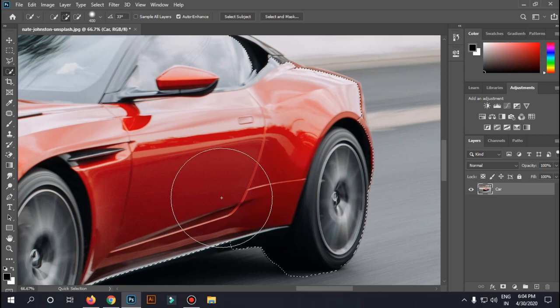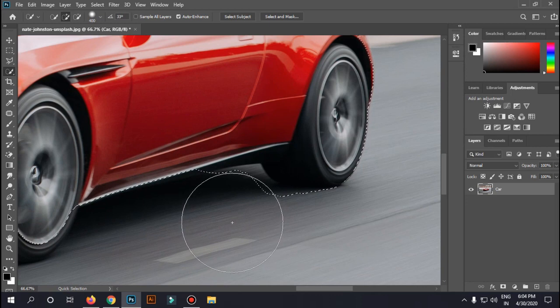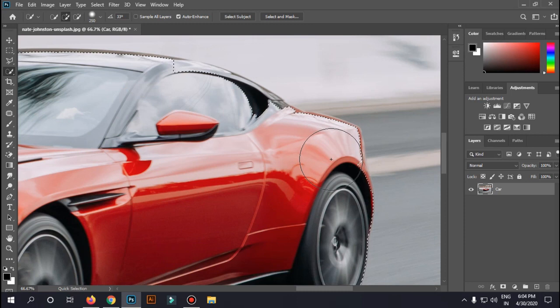Yep, it's selecting. Photoshop is selecting for me. There are different kinds of methods to select an object in a photo, but I'll show you that in other videos. First let us look at the simple techniques here. Let me just select it for you.